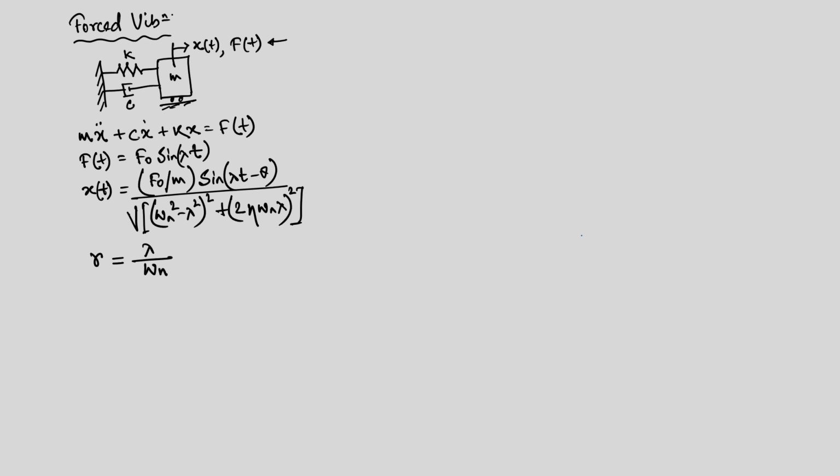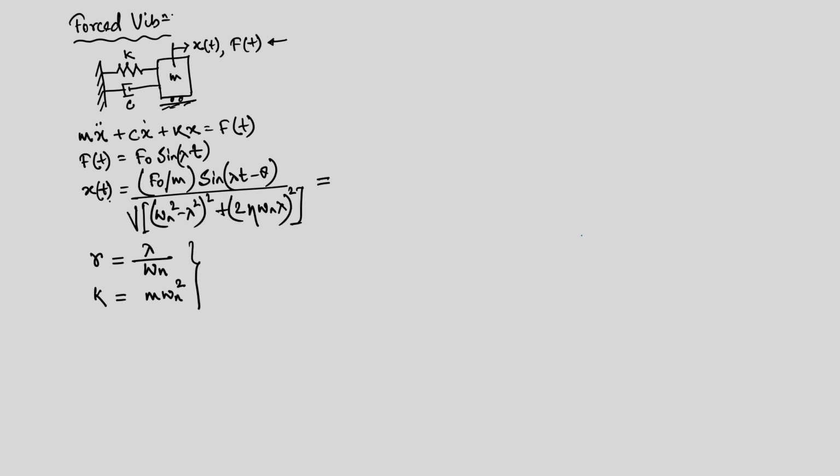Obviously, r is a dimensionless number. So, we have here the driving frequency, that is lambda, and then we also have the natural frequency of the system. Now, if you recall, what is k? k is nothing but m omega n square. Now, if you use these two expressions, obviously we can further simplify this